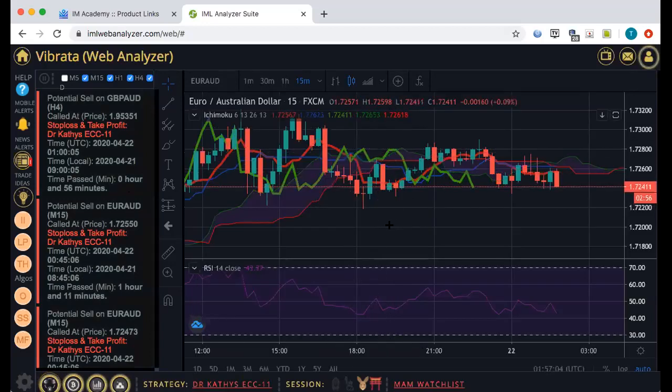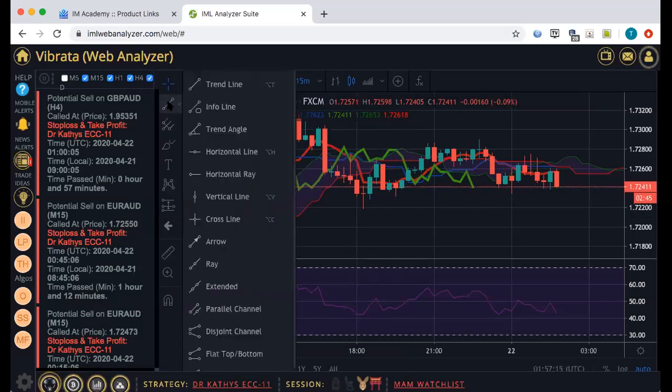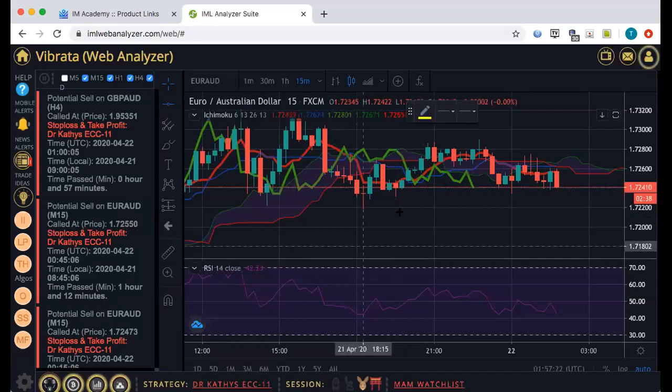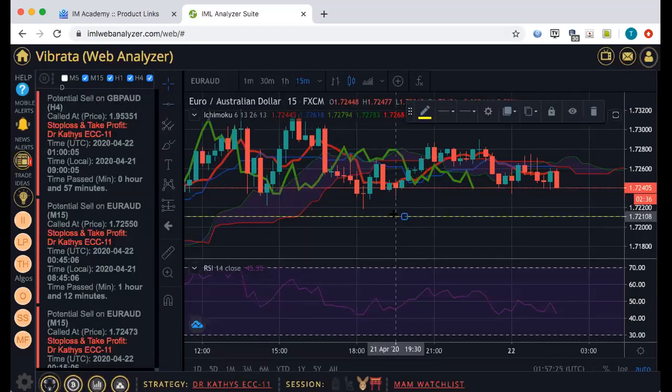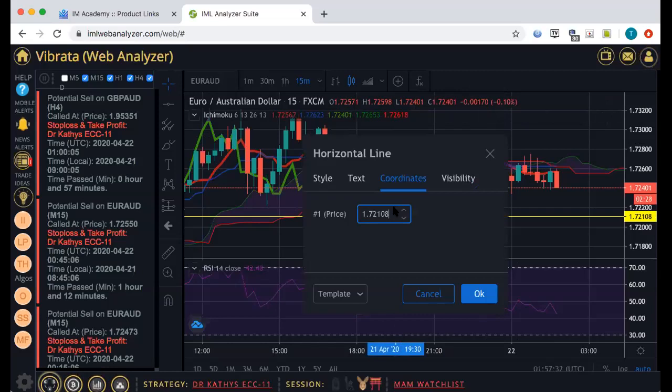And then, of course, it appears right here on the chart. Then I'm going to look to see what the called at price is. So I'm going to go to my trend line and I can see that this particular pair is selling. I'm going to click on the horizontal line and then click anywhere on my chart and a horizontal line will appear. I'm going to go up to settings and type in the called at price, which is EURAUD